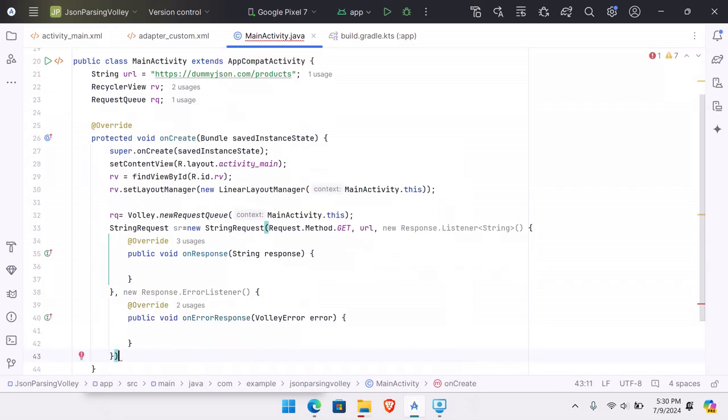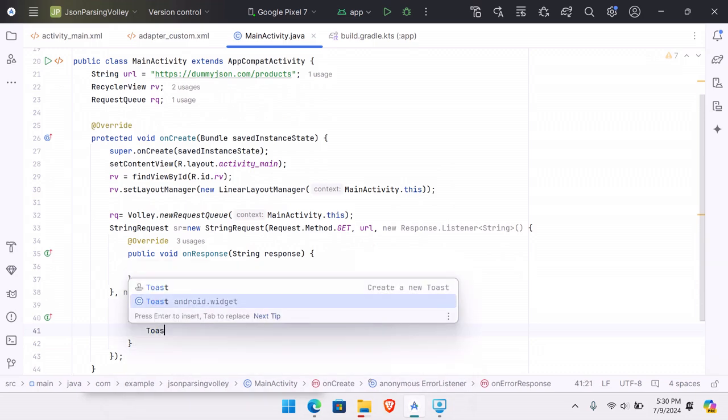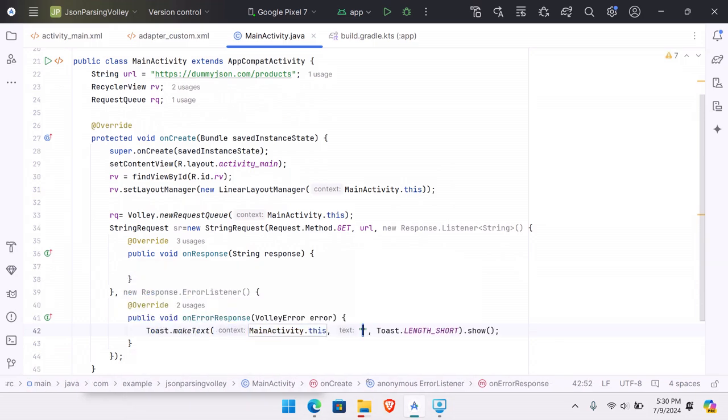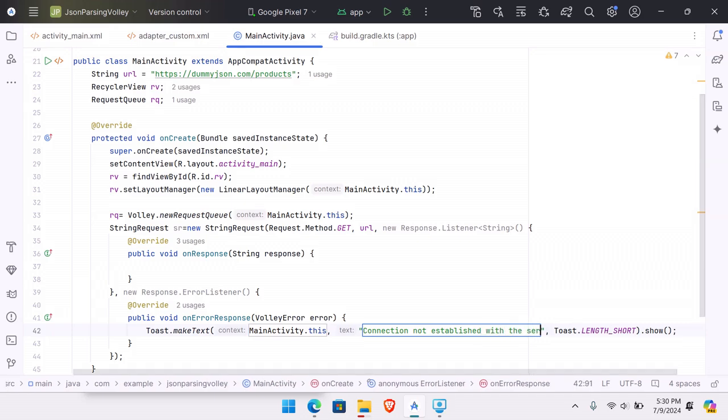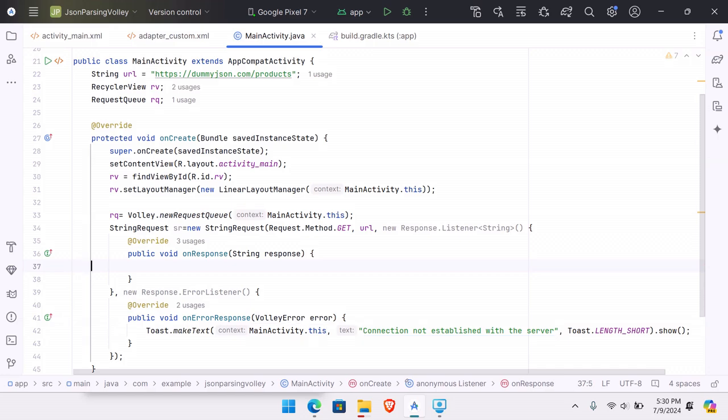So what we're going to do is provide a semicolon at the end of the statement. In case of error listener, generate a toast. Let's say, connection not established with the server. Okay, now in case of our response,